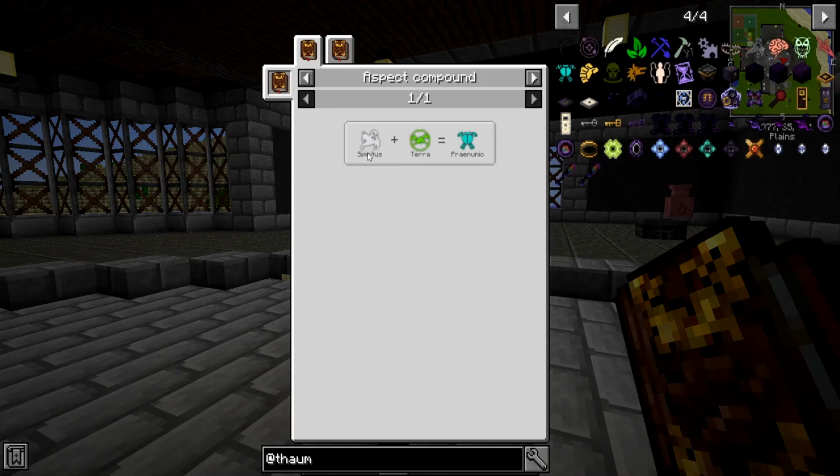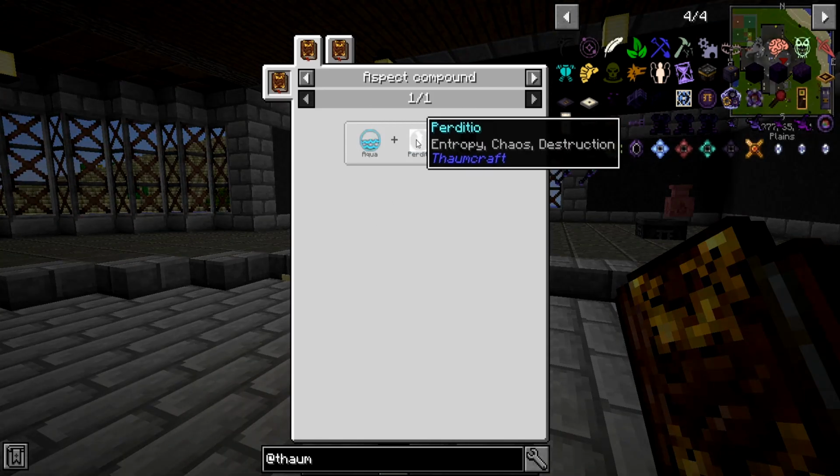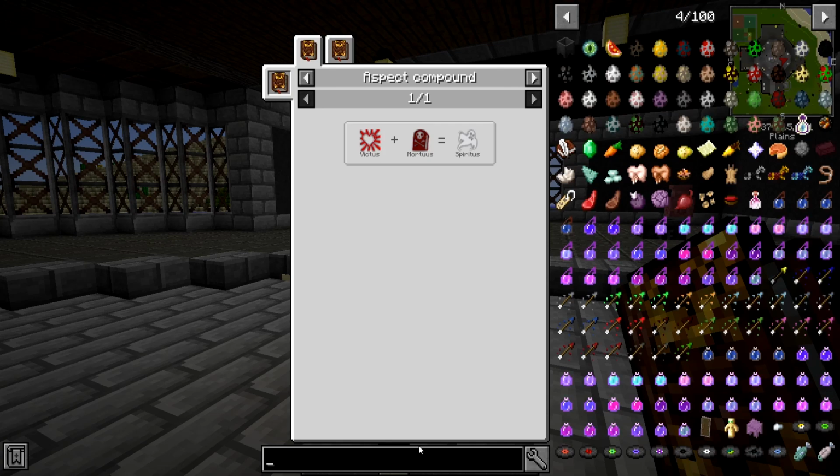Hang on. How do you create it? It's Spiritus and Terra. Spiritus is Victus and Mortis. Mortis, Victus, all these kinds of things. Terra and water. Mortis is going to be Aqua and Perdicio. If you see the kind of things here. So metallum,